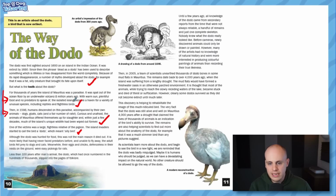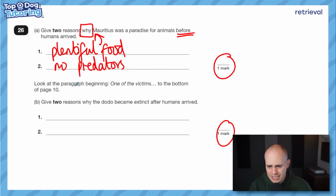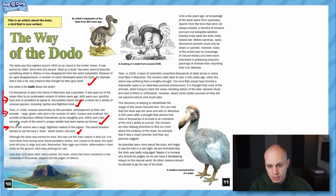Okay, let's go back to the text. So it says start from here, one of the victims, and it says to the bottom of page 10. So do you know what I'm going to do? I'm just going to read to the bottom of page 10 now because it's telling me to. One of the victims was a large flightless relative of the pigeon. The island invaders started to call the bird a dodo, which meant silly bird. Although the dodo was hunted for food...